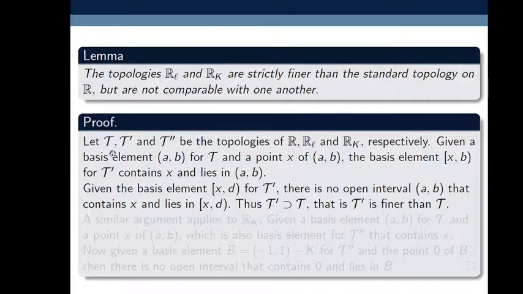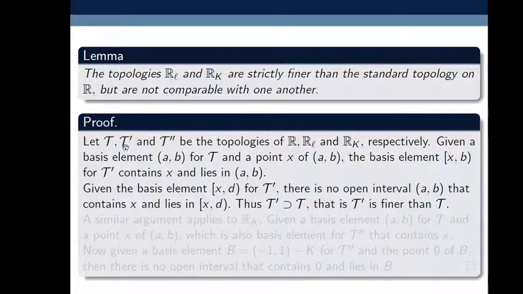In the definition of the standard topology, tau is generated by script B, the collection of all open intervals. So the basis element is the open interval (a, b). Therefore, given a basis element (a, b) for tau and a point x belonging to (a, b), we let x be the point of (a, b).